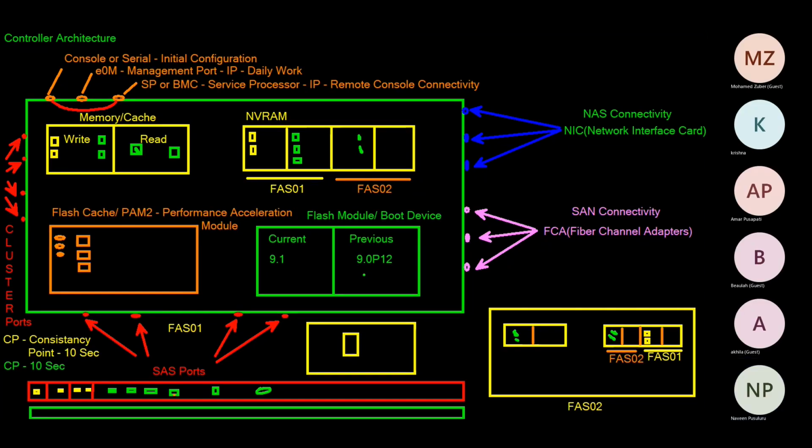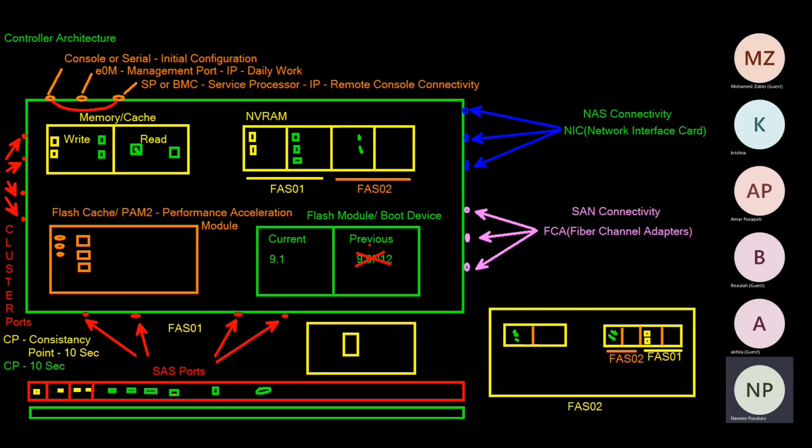Let's assume that. So whenever I'm installing that new version of ONTAP, it will not disturb the current partition, because that is the partition it is using for work, right? So it will not disturb the current partition. It will override the old partition, the previous one. See, it will remove this 9.0 P12 from the previous